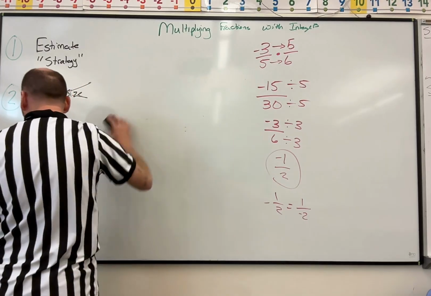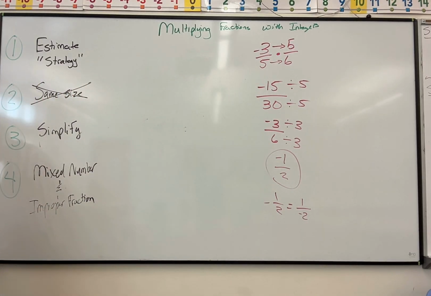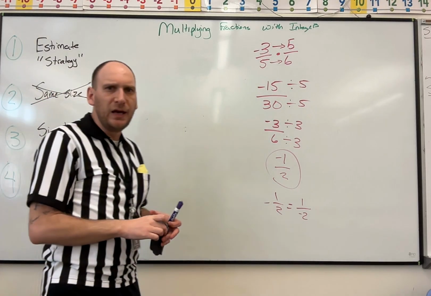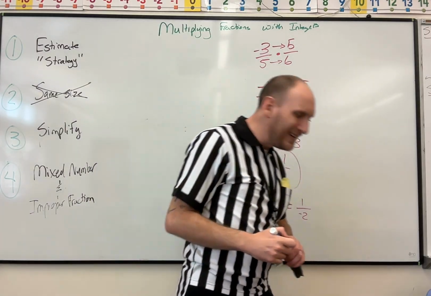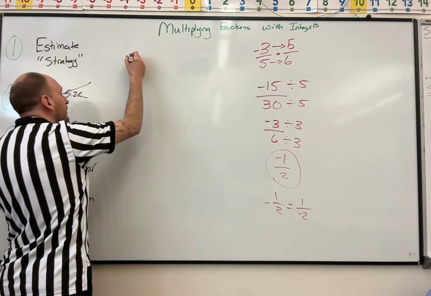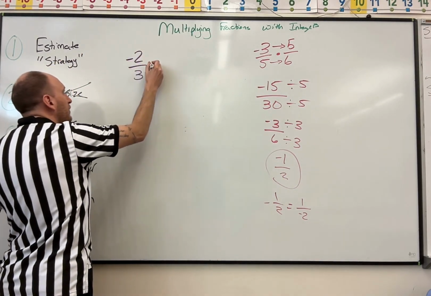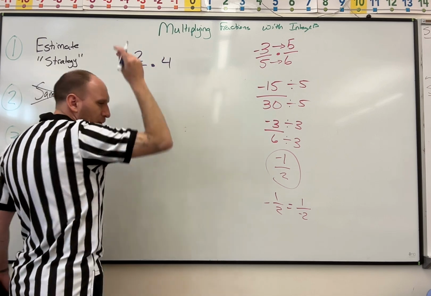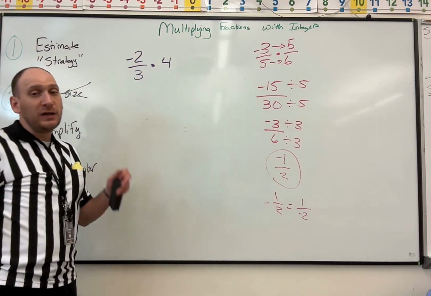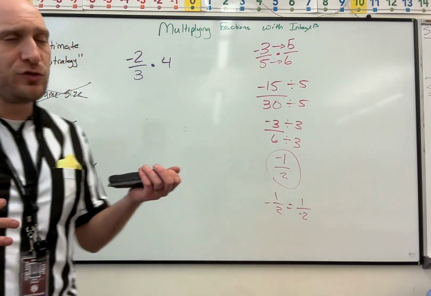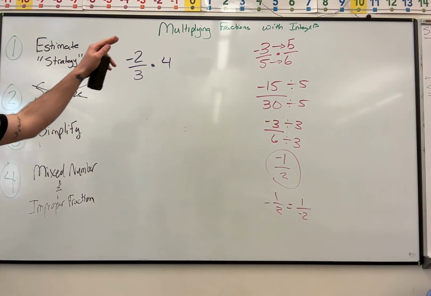Switch up our color a little bit. Let's go purple for this one. And let's do, this time, negative 2/3 times 4. Now, in this problem, when we estimate or use our strategy, we have a negative times a positive